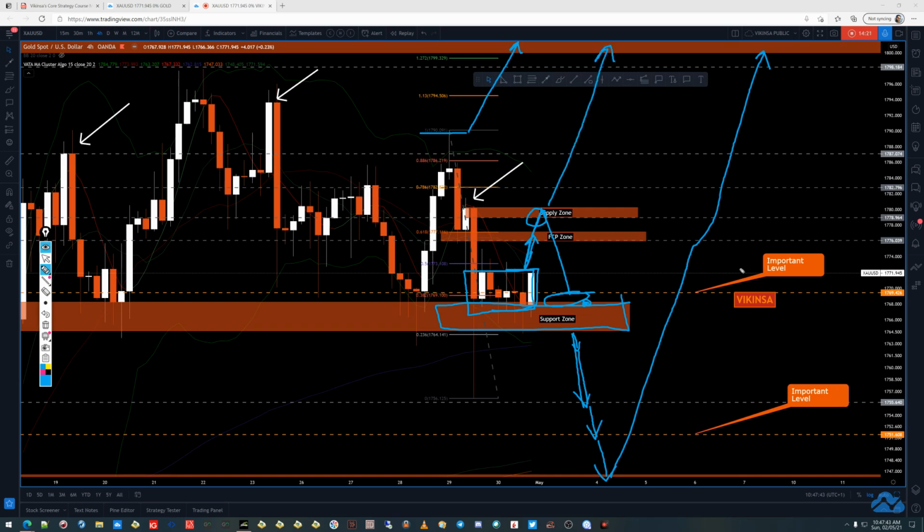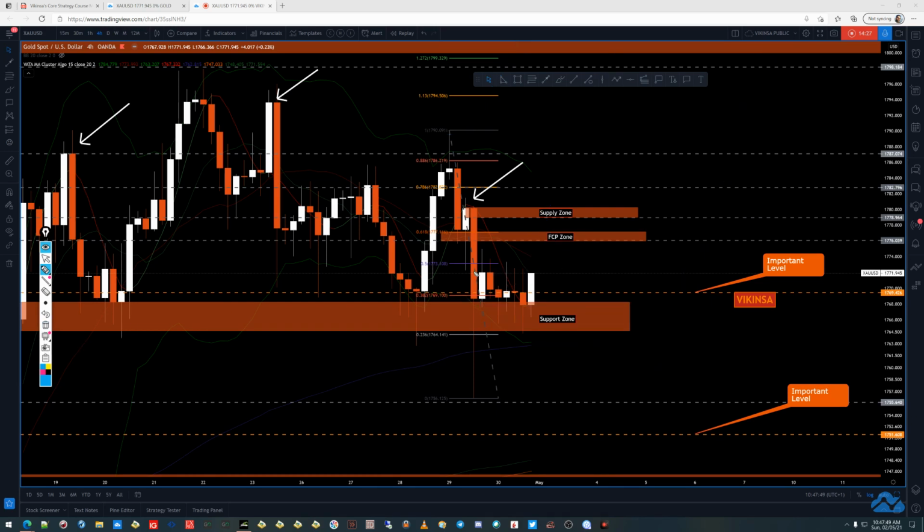Okay, so just to revise again, what is the trading plan? Let me just clean this up. This is a consolidation box. I will wait for the market to break out, and if I decide to take a day trade or short-term trade, I will take my partial profit or some profit off at the FCP zone. Okay, the market may go all the way to the supply zone as well. Again, that is also a very good area for a